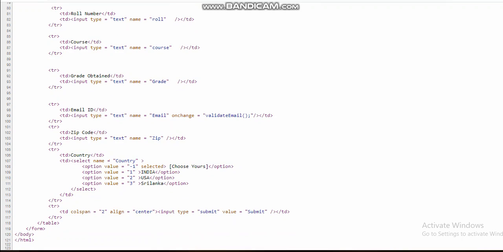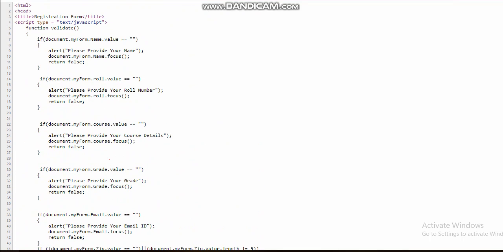Then at the end you can see that I have a submit button whose name is also submit, input type is equal to submit, value is also Submit, right? So when I take value is equal to Submit, keep S capital, right? So that when you click on it, it will get submitted, right? So this is your HTML code where we create a table, and then we go for the JS, right?